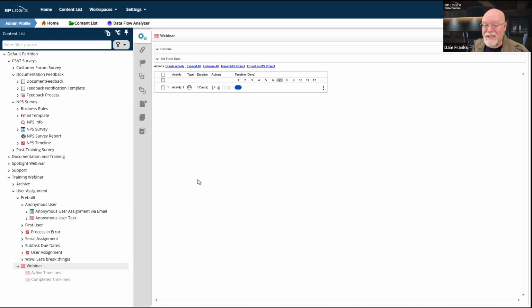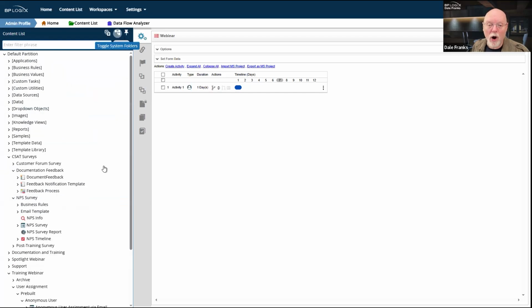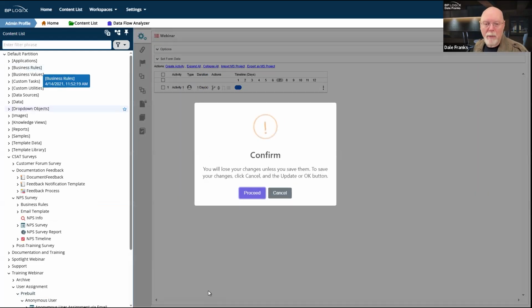So the second recommended option and our second fallback option would be to do it via business rules. So if I toggle my system folders to turn them on so that we can see them, I've got a business rules folder, which has the square brackets, and it's in the root level of my partition.